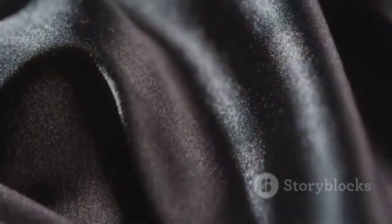The allure of silk lies not just in its aesthetic appeal, but also in its versatility. It can be woven into various textures and weights, making it suitable for a wide range of garments and home furnishings. From delicate scarves and flowing gowns to luxurious bed linens and opulent curtains, silk adds a touch of sophistication